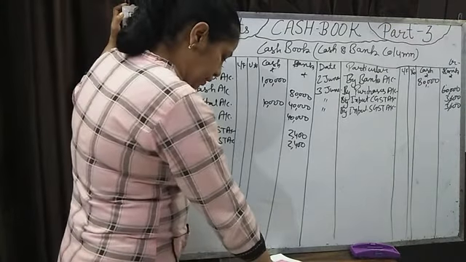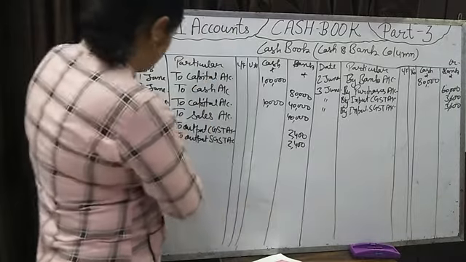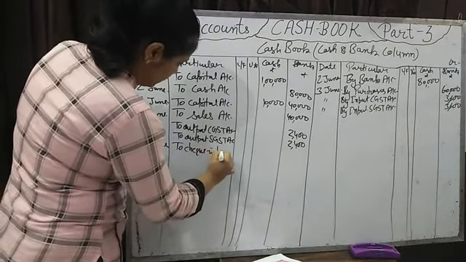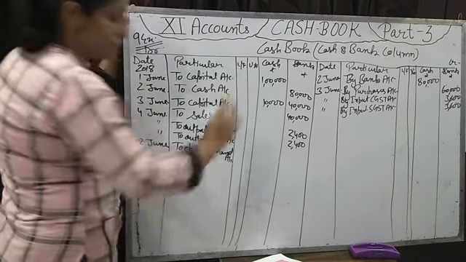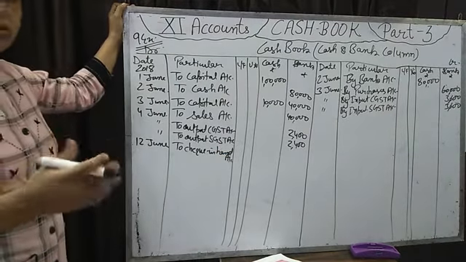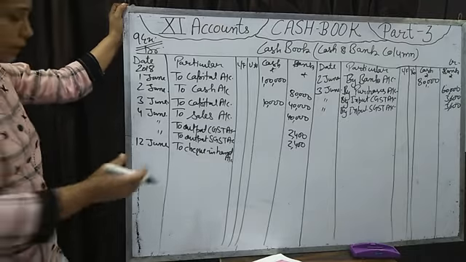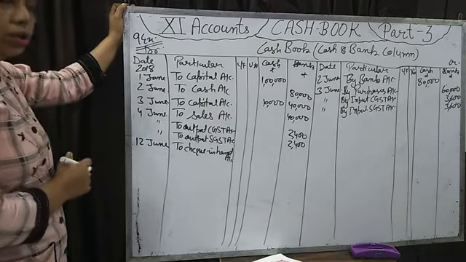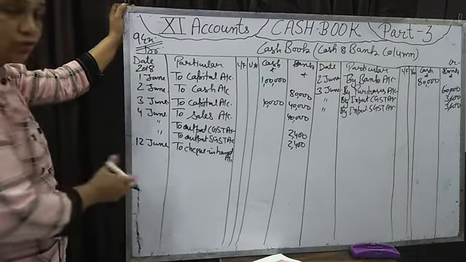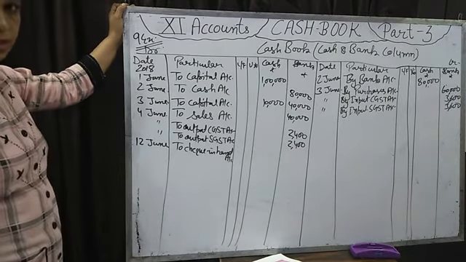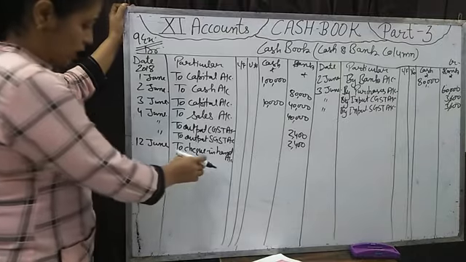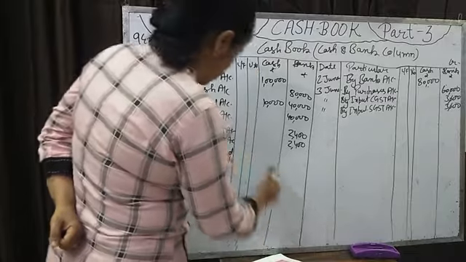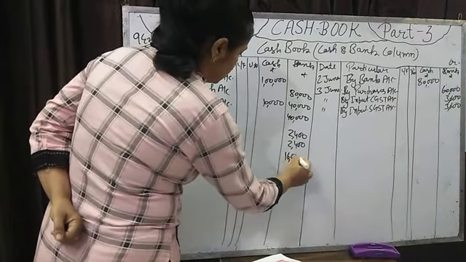Okay. Now on 12th June we are depositing the check. Then what will we write here? To check in hand account. When we deposit the check later, on the next day, then we will write check in hand, because we are depositing on 12th June a check received earlier. We are not receiving the check on 12th June. We have already received that check on 10th June. So when we deposit this check, we will write to check in hand. How much was the amount of the check? 16,500.